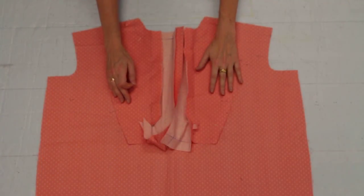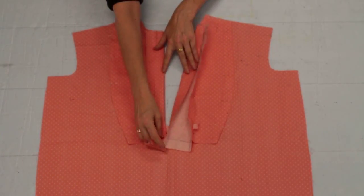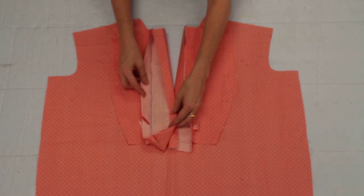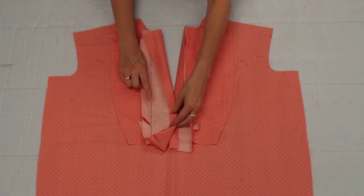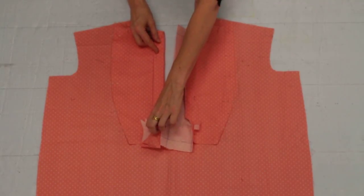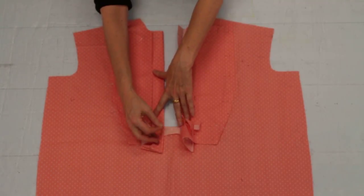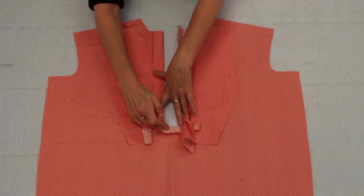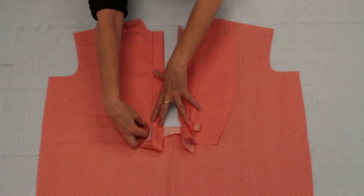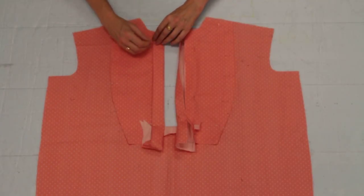Once you have the bibs pinned well in place or basted, then fold the plackets over, and remember you've already pressed this and already determined if you need to put interfacing in, and you've trimmed all the seam allowance down so it's much less lumpy than I am presenting at this point. Pin that over with this seam allowance at the bottom of the opening pushed down. So what we're doing is we're going to pin this along that edge